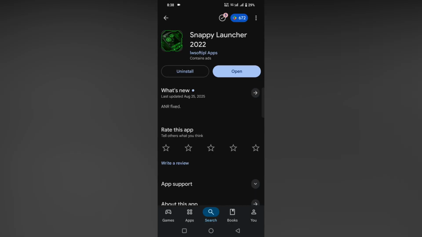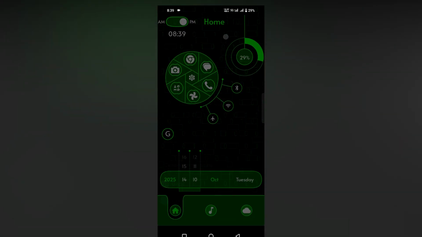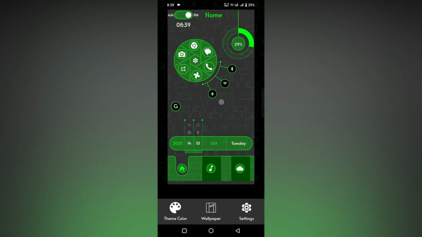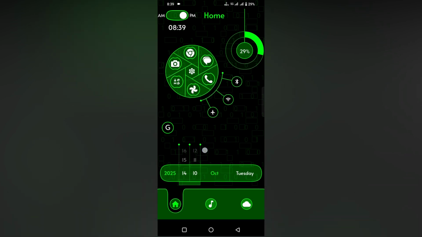Download the Snappy Launcher 2022 from the Play Store. After opening this launcher, you can find a different type of widgets, the tech widget. You can find the Bluetooth, Wi-Fi, and also the airplane mode on the first here with a circle of apps. Then you can find a battery percentage on top, and then you can find the calendar widget, which is actually